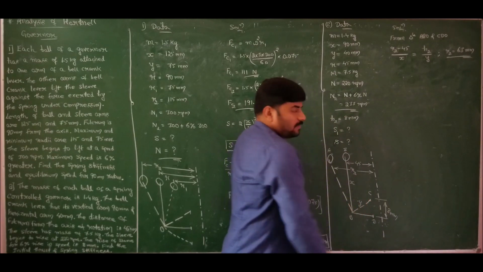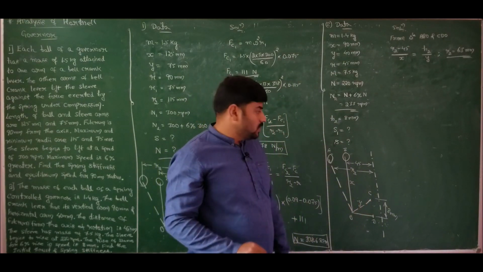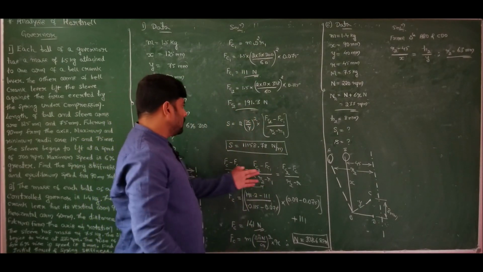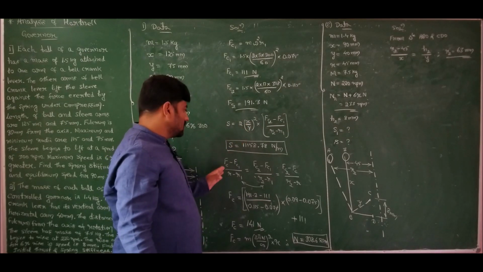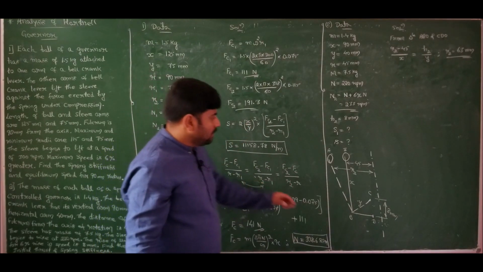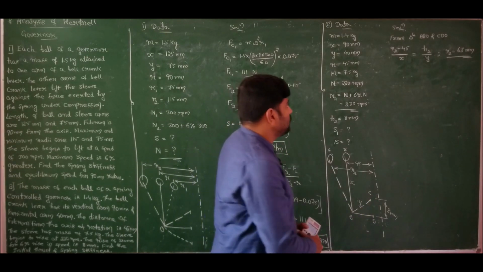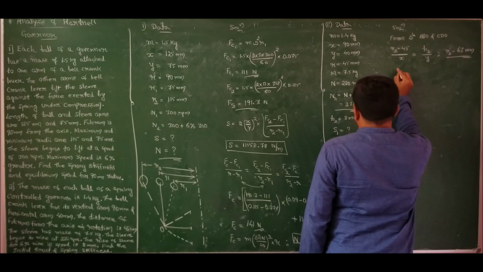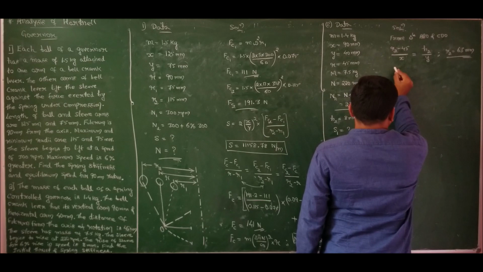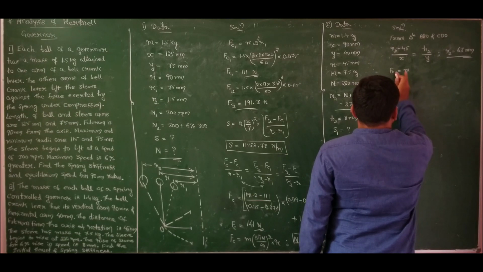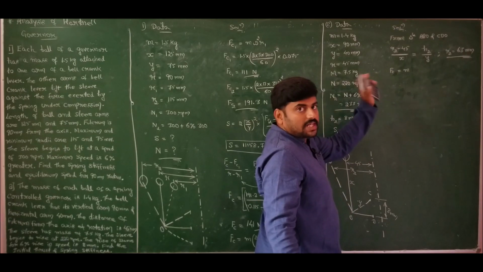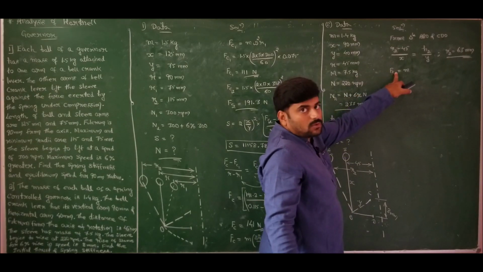Now for mean position and maximum position, neglecting the obliquity effect, we know the formula for spring stiffness. That is, the centrifugal forces are equated, so multiply load by 2 x square by y square. That gives us spring stiffness. This you people already know. Between mean position and maximum position, spring stiffness depends on centrifugal forces. Hence, first let me calculate the centrifugal forces. Fc1 is nothing but Fc, because for mean position we don't have a suffix. 1 stands for minimum, 2 stands for maximum. If I don't write anything, it stands for mean position.